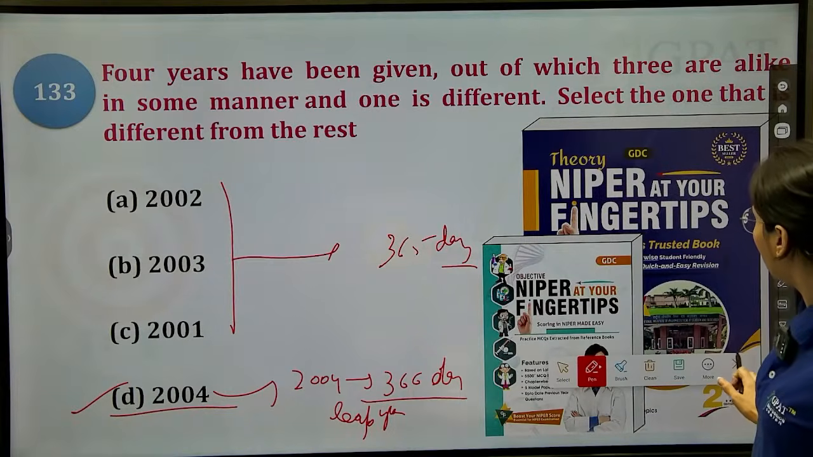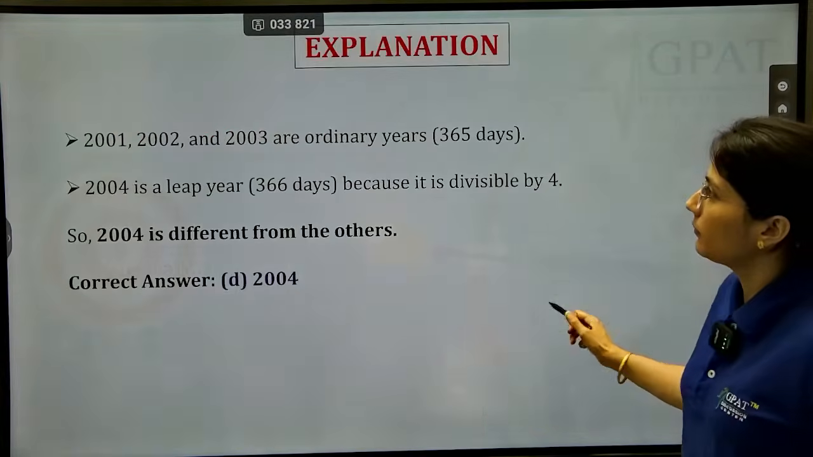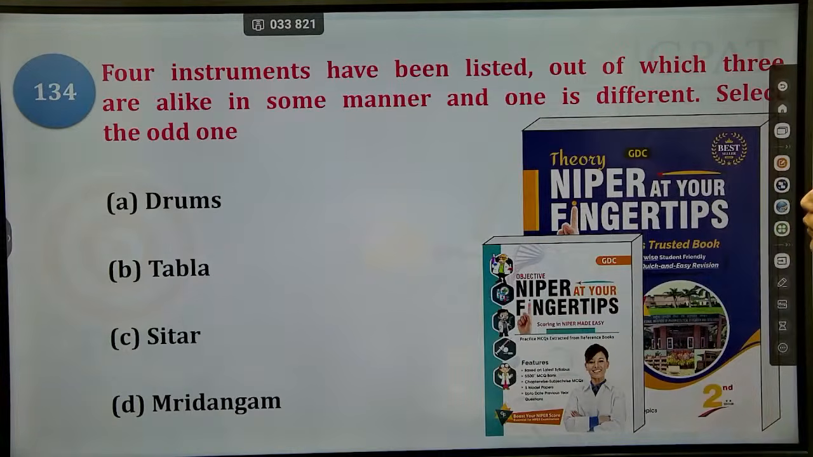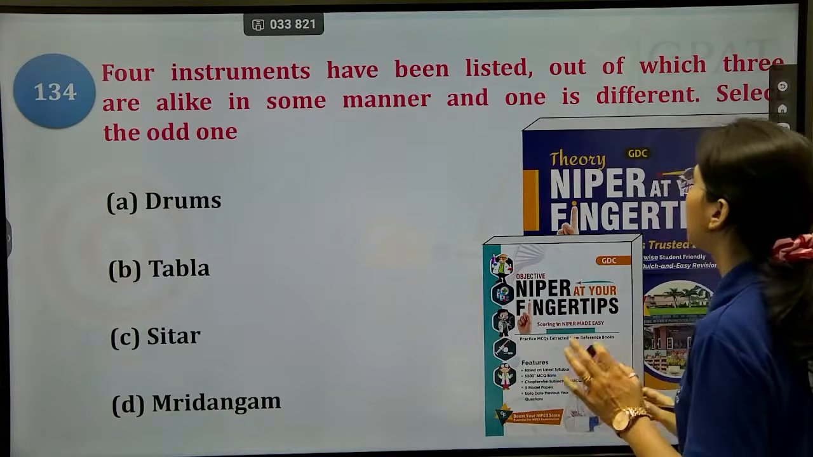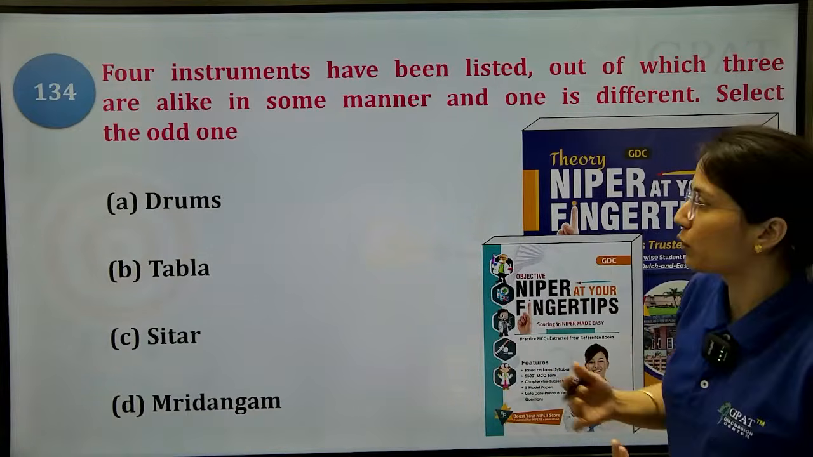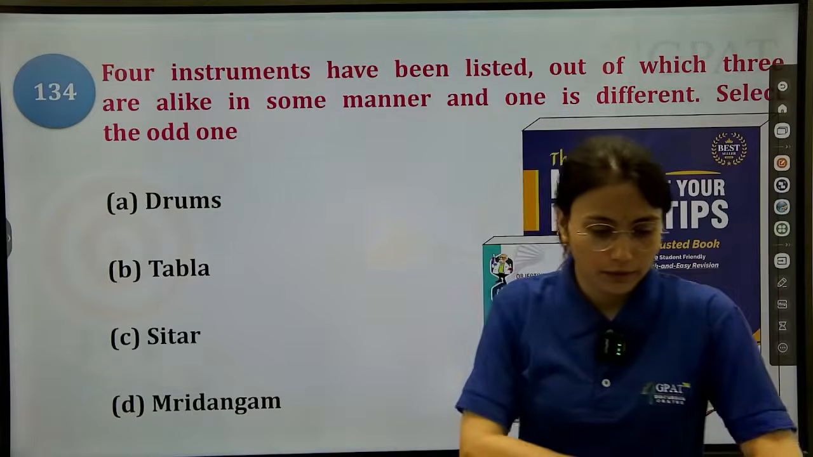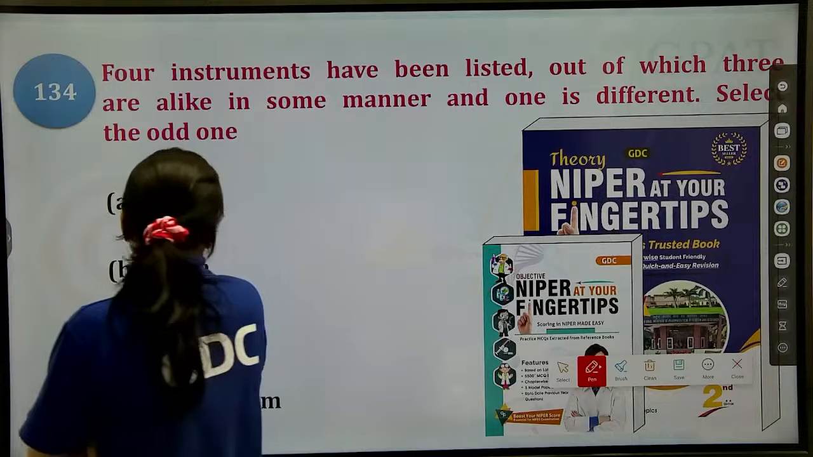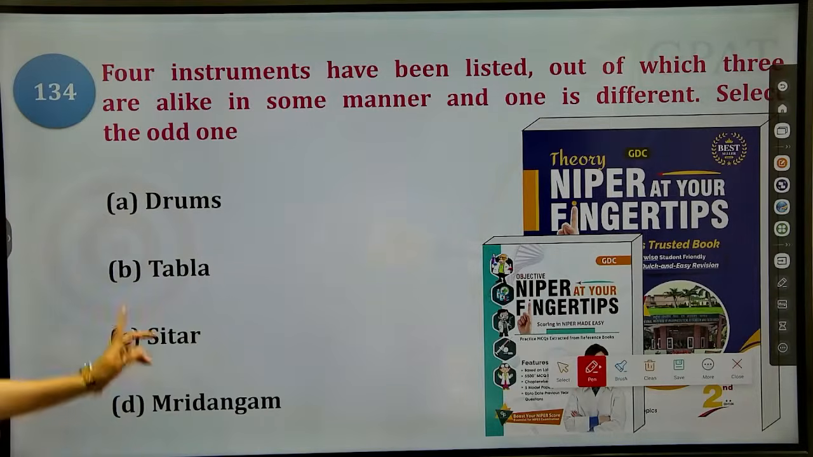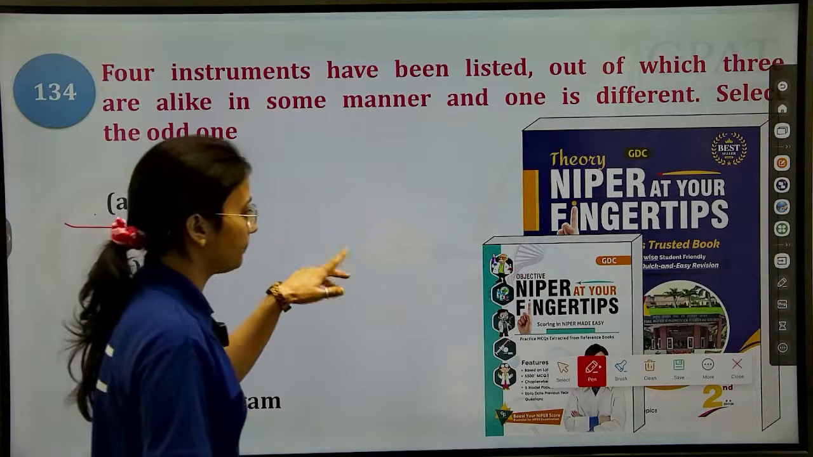Now move to the next question, that is 134. Four instruments have been listed, out of which three are alike in some manner and one is different. So you have to find the odd one from the given options. Drum, tabla, sitar, mridangam. If you see, drum is